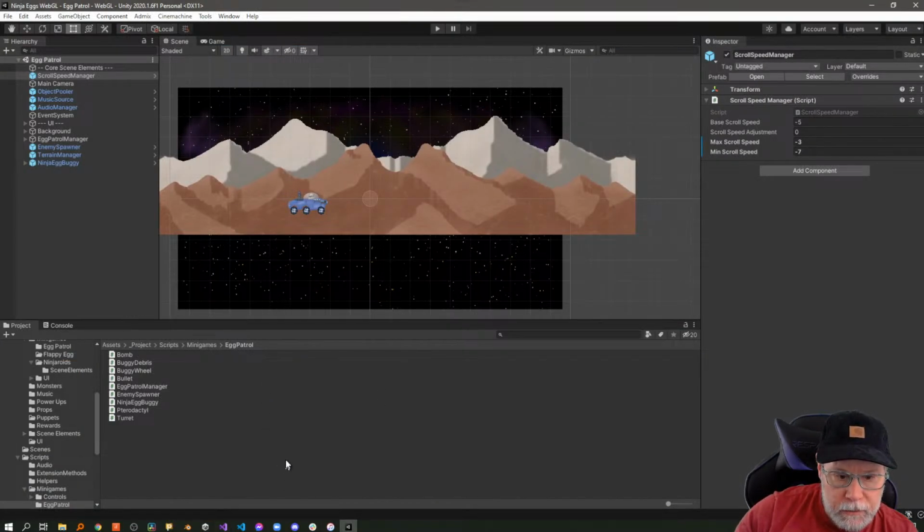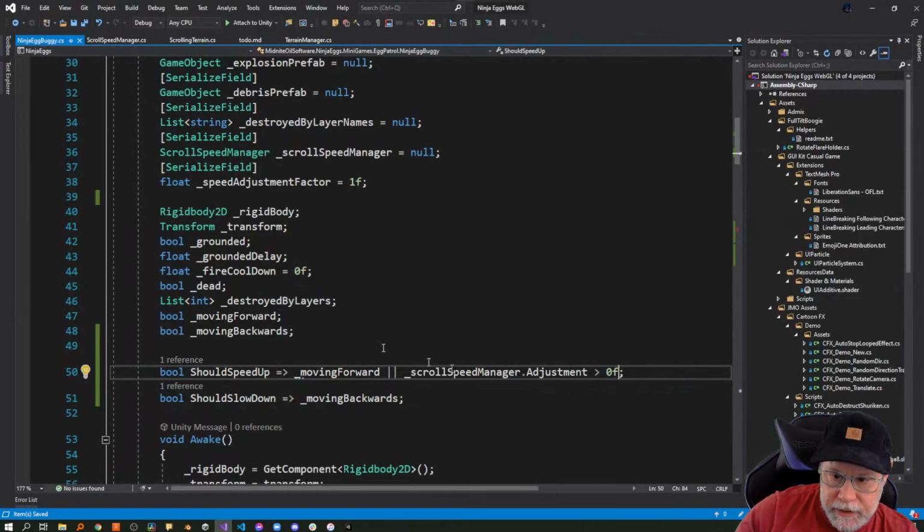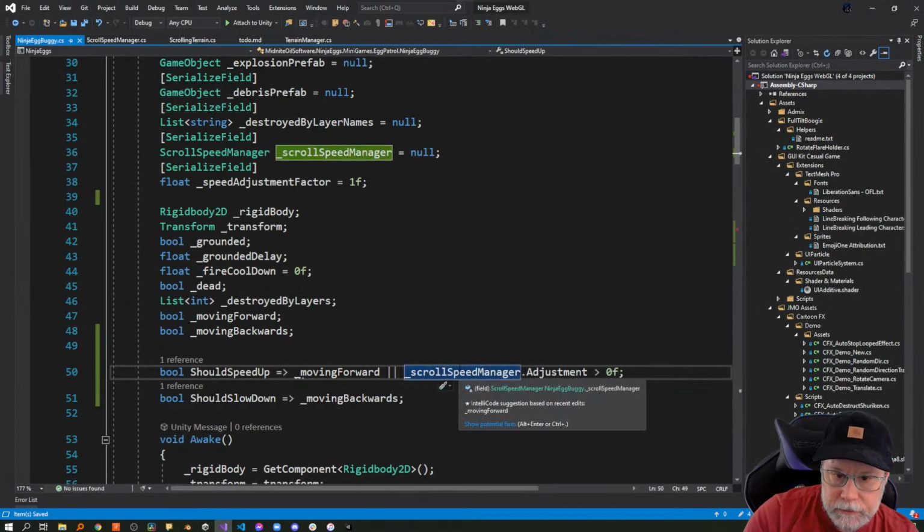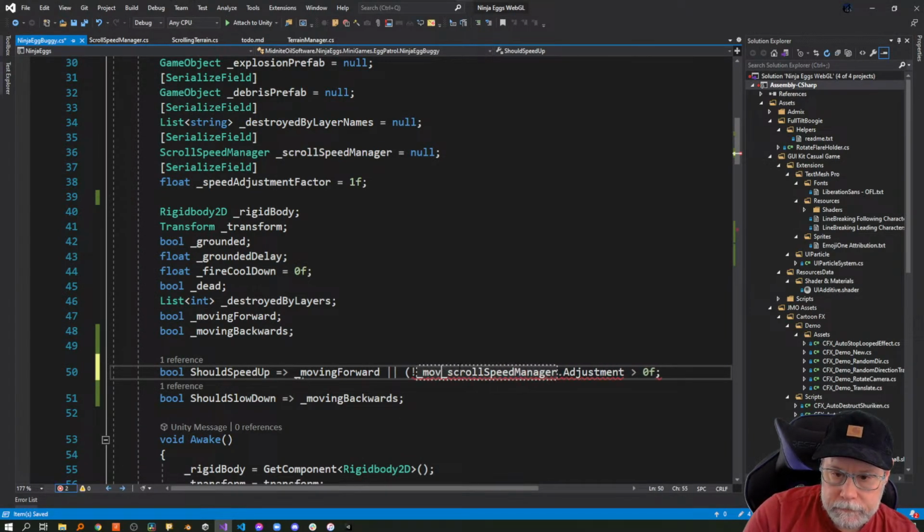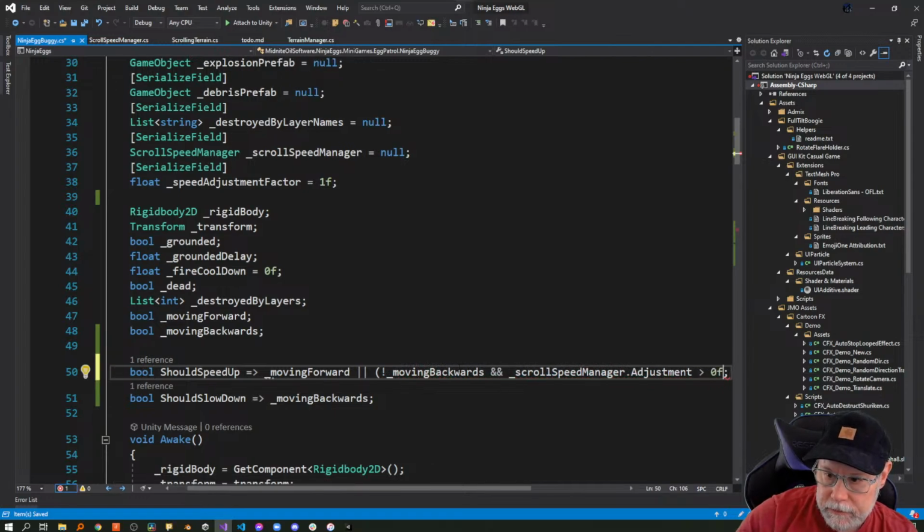And not moving backwards. That might have been part of the problem. Those two conditions were negating each other. Not moving backwards. And